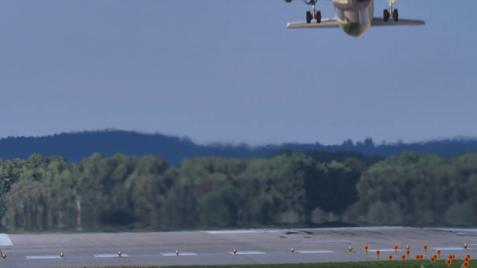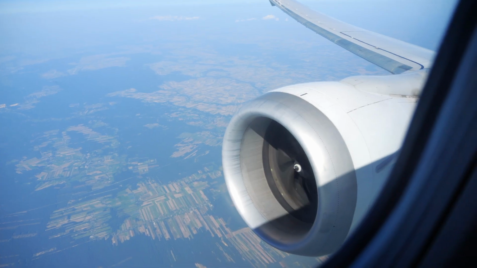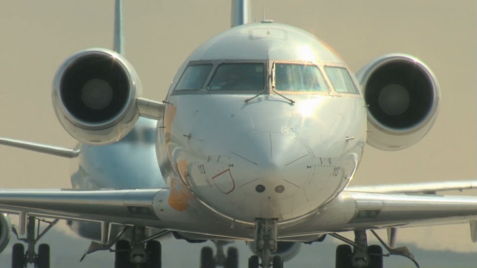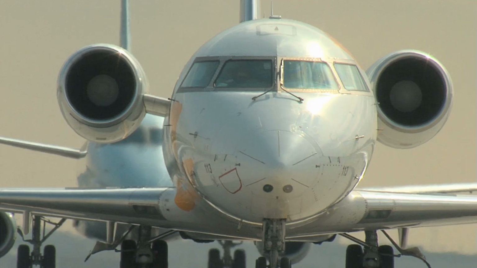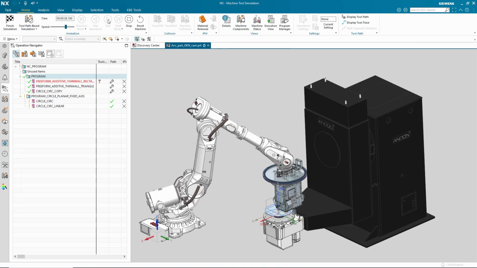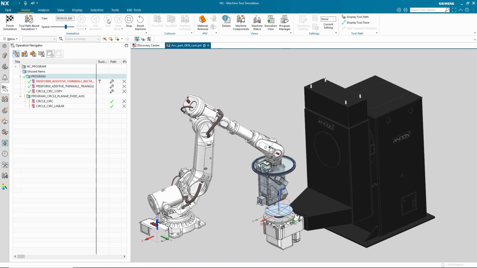JKN Aerospace Engine Systems is a component manufacturer for aviation, space and defense. So we do components for all the commercial airlines or for the big engine suppliers like Rolls-Royce, Pratt & Whitney and General Electric. The Siemens tools that we are using within manufacturing is mainly Teamcenter at the bottom, and then we're using NX and Process Simulate for programming our CNC machines and our robots.